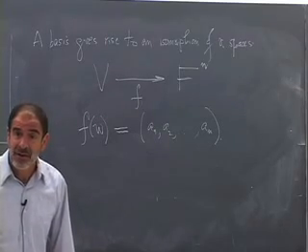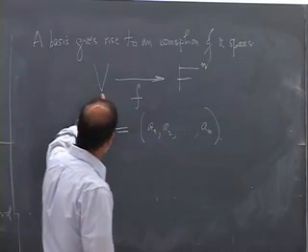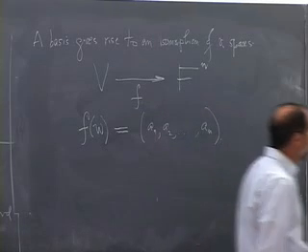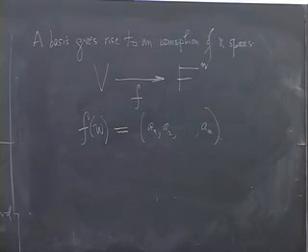Okay? Good? Now, that is a homomorphism, because if you add two vectors in V, you add the components of